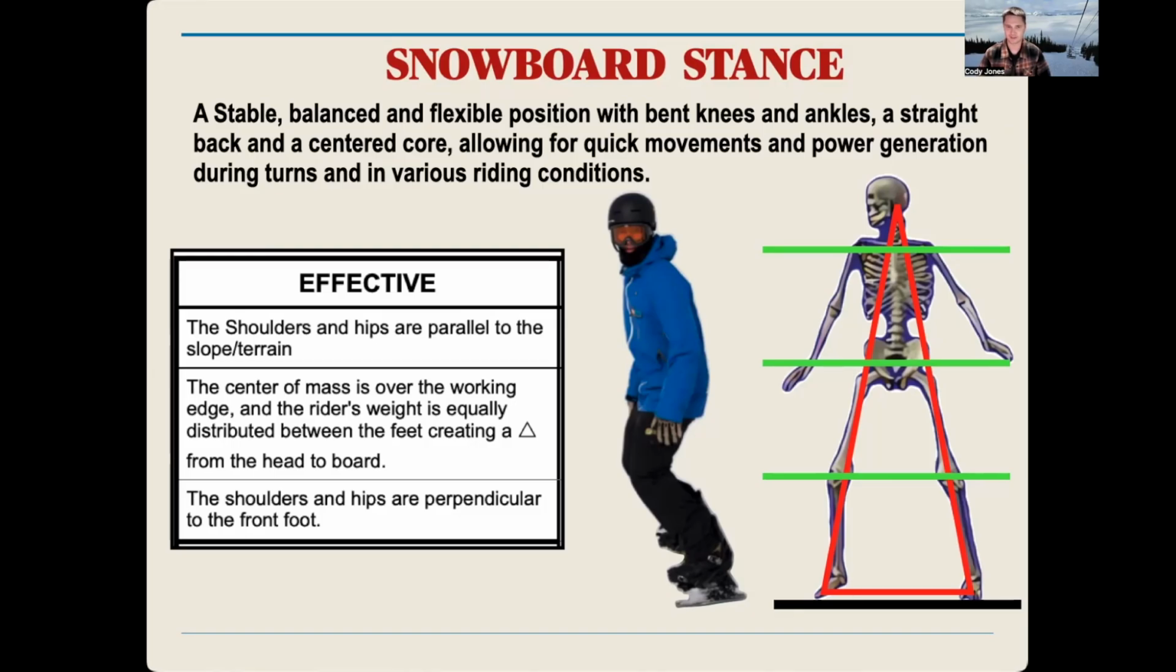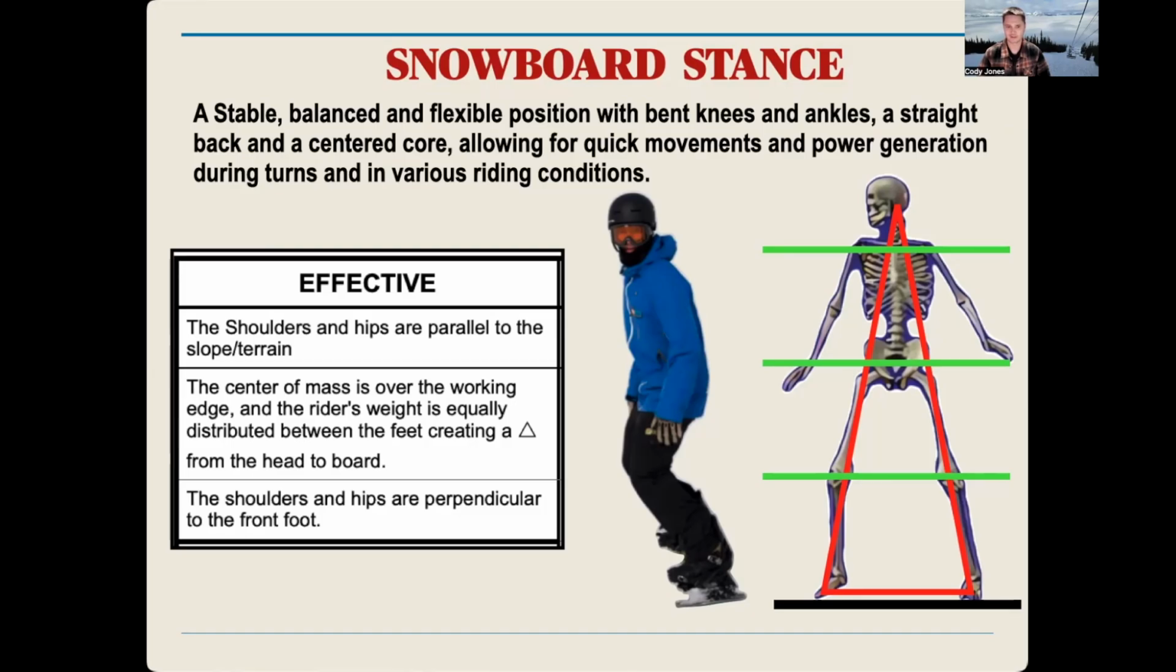The second reference alignment is going to be the center of mass over the working edge, and the rider's weight is equally distributed between the feet, kind of creating a triangle between the feet and the head. So that is going to be the red triangle on the skeleton. And really what we're looking for is that both legs have the same amount of flex. We don't have a leg straightened and that the top of the triangle or the head or the waist is